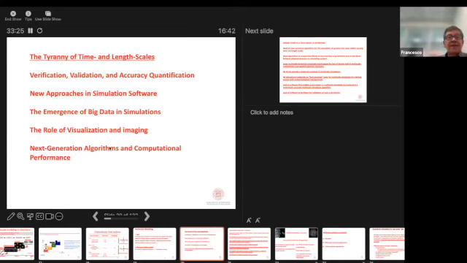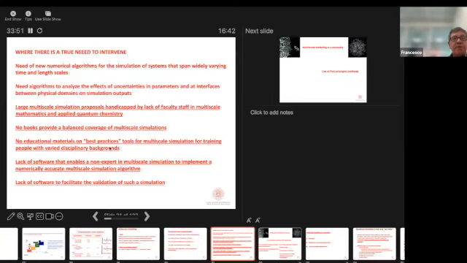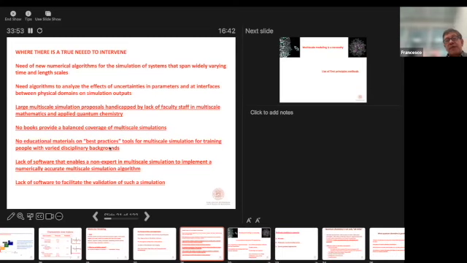And we need to have an understanding of the software. We cannot use it as a black box, although nowadays many people tend to do that. And there is the emergence of big data in simulations. And as the systems grow, then we have problems with the visualization and imaging. And of course, we need to make everything better and proper. So before I get to some examples, there is room for intervention. As I said, we need a lot more, but